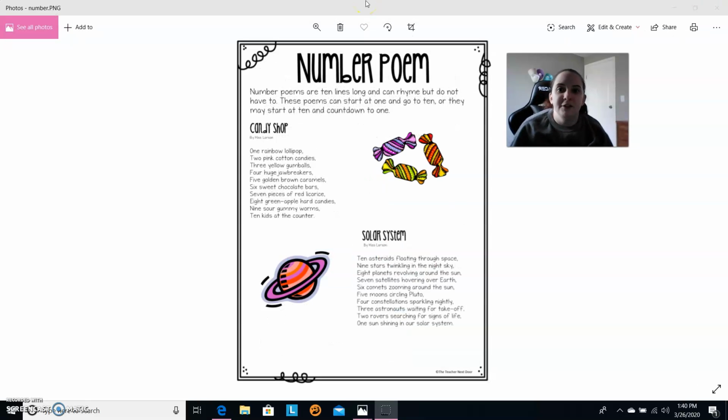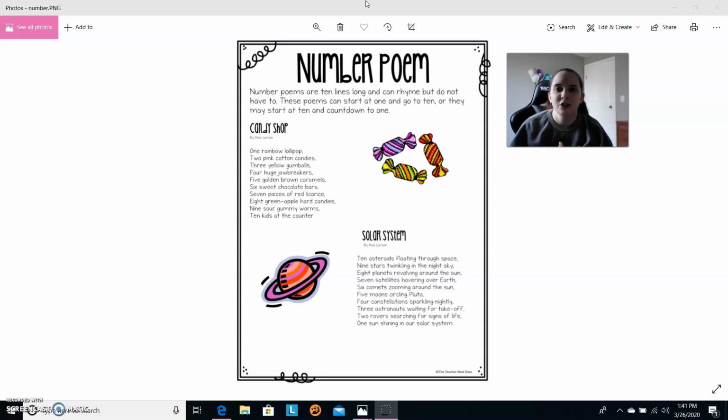A number poem. Number poems are 10 lines long and can rhyme, but they don't have to. You can choose to, you don't have to. And basically, you count 1 through 10 and write something. So, candy shop: 1 rainbow lollipop, 2 pink cotton candies, 3 yellow gumballs, 4 huge jawbreakers, 5 golden brown caramels, 6 sweet chocolate bars, 7 pieces of red licorice, 8 green apple hard candies, 9 sour gummy worms, 10 kids